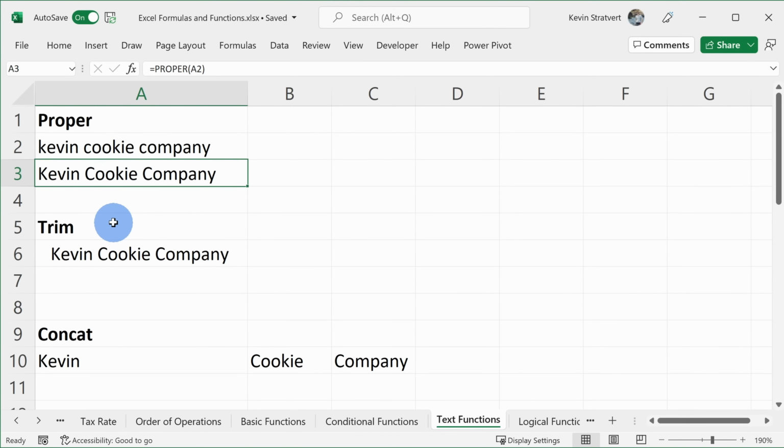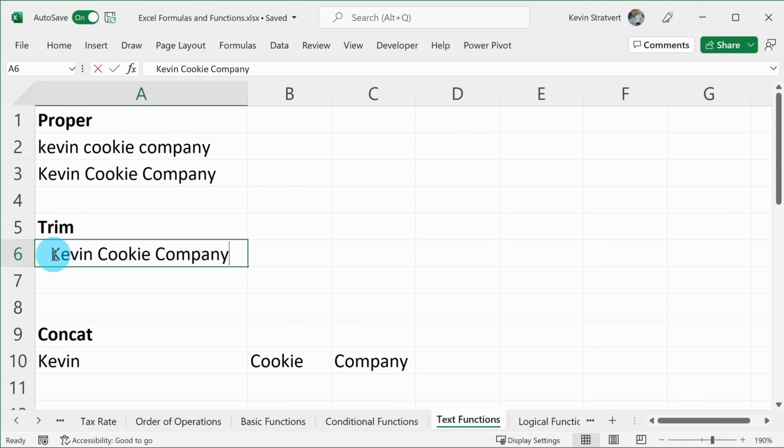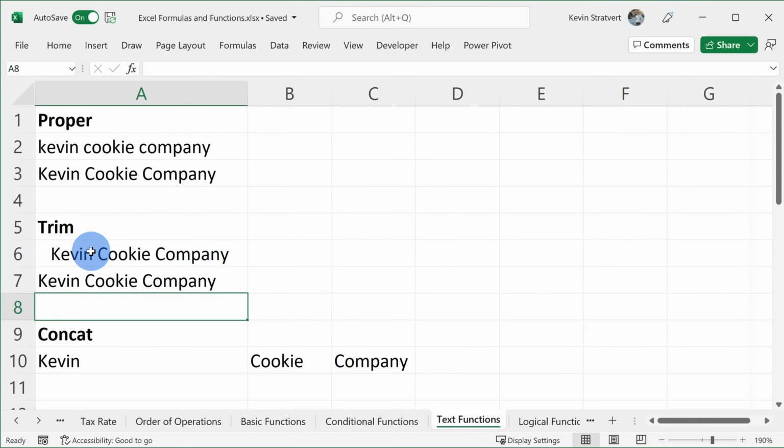The next function is the trim function, and here once again we see the Kevin Cookie Company. Here I have some leading spaces in front, and I don't want those. Now, of course, I could simply delete those, but once again, if you have a lot of rows of data, that might take a lot of time. Here I can type in equals trim, select this text, close the parentheses, and it's automatically removed those leading